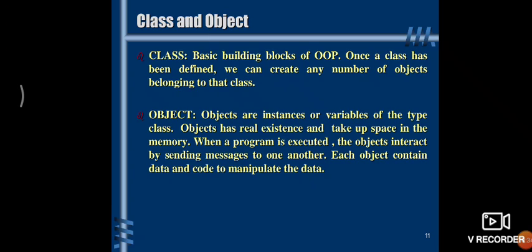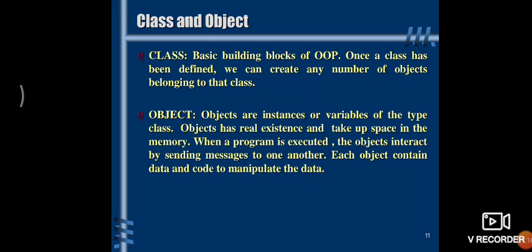Okay, now it comes to object. Objects are the instances or the variables of the data type class. An object has a real existence and takes up space in memory. Whatever objects you declare, it possesses some array. You have studied array in C. An array is a representation of memory locations, so the objects or variables that we declare occupy some buckets in the memory section, meaning in any part of the memory they get stored. So the objects or variables you declare take up space in the memory.